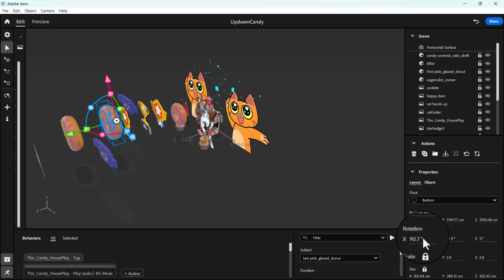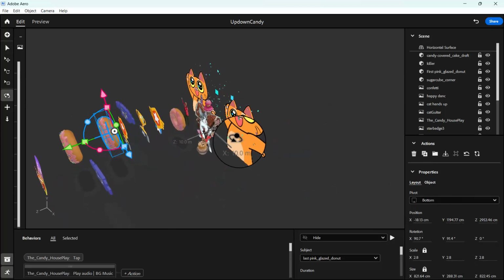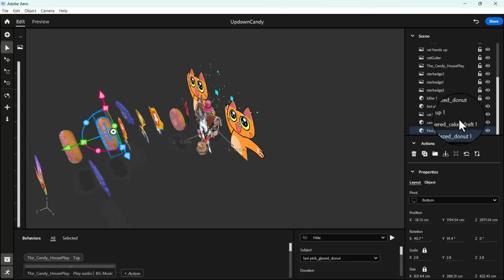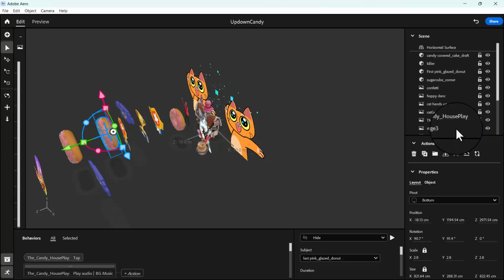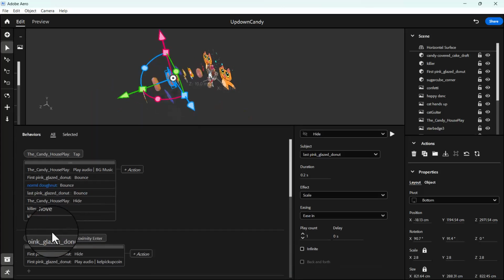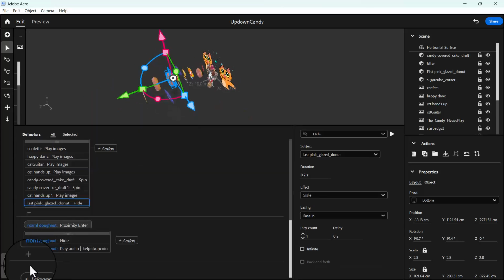As usual, always look at my positioning and layout here. And I'm going to rename it. Let me see, normal donuts. What I'm going to do is to animate it. So with the normal donuts,